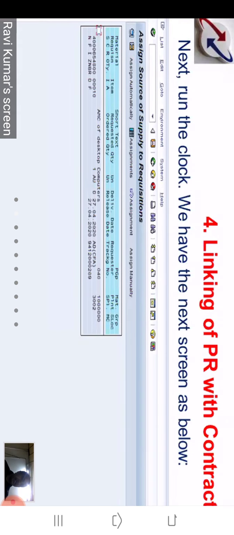How will this linking take place? I will tick this small box over here, and you can see the four fields over here: assign automatically, assignments, assignment, and then assign manually. I will click on assign manually. What will the assignment be? Let us see.